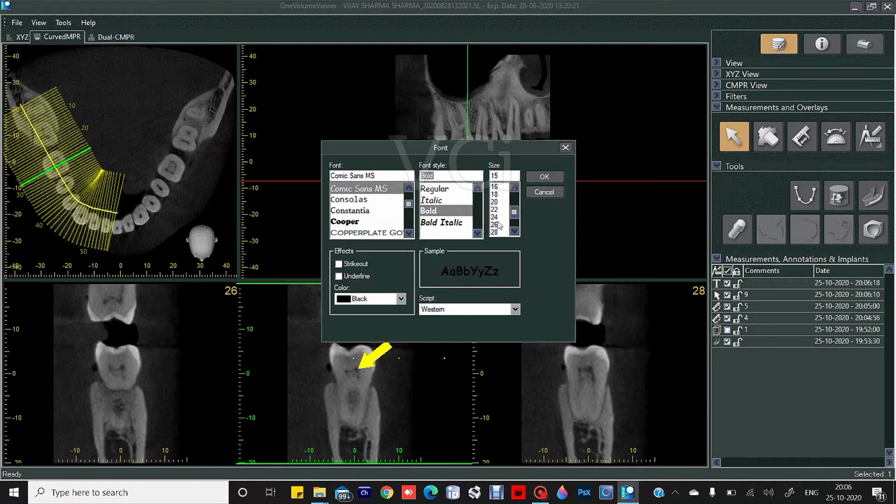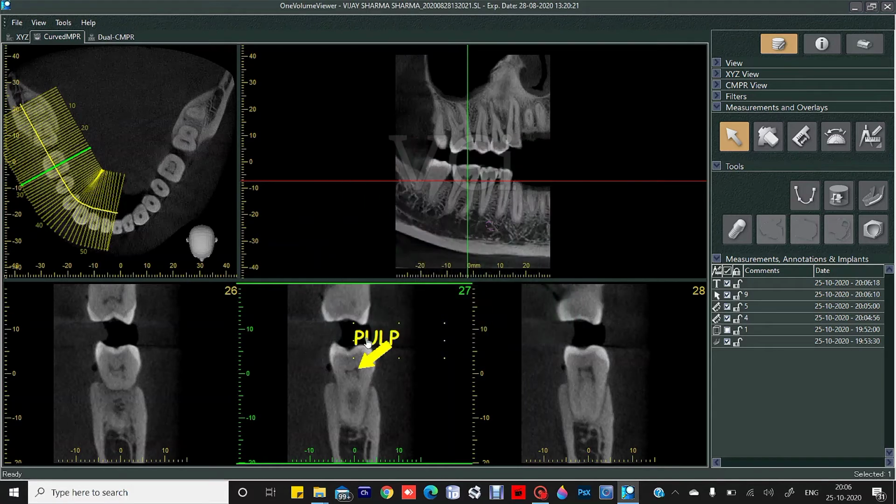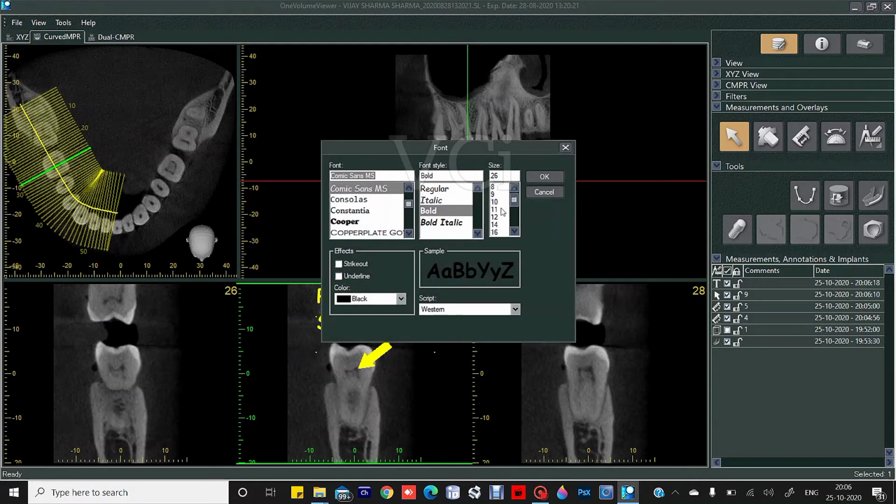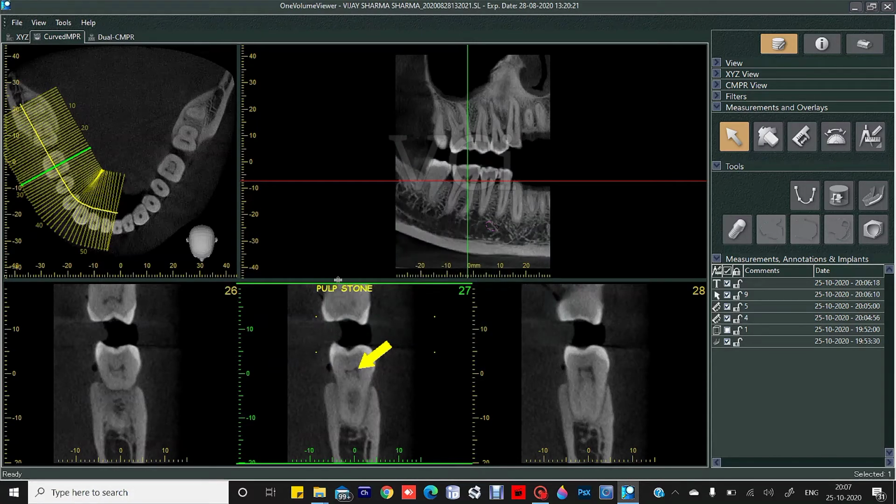You can increase or decrease the size of your font. 26. Okay, so this is how you'll see pulp stone. Okay, you can increase or decrease the size also. You can change the color also. Now 22 size is too big, so I'll just prefer 12 right now, and just decrease it,